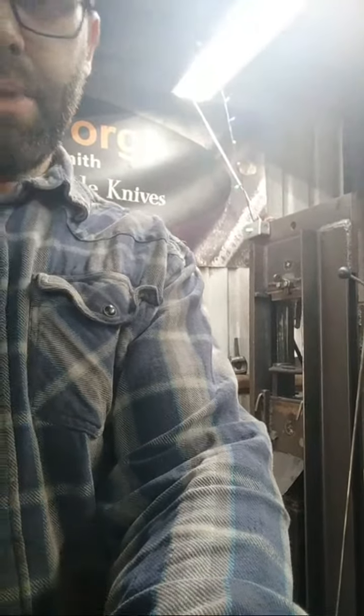Okay, so I just wanted to show you guys the process for punching the hammer eye. So that's what it looks like. And I'll just bring you over here and show you what the tooling looks like. Again, you just got to punch here. This is